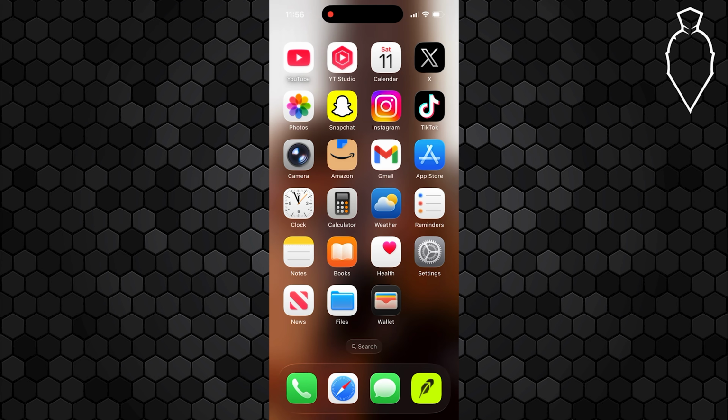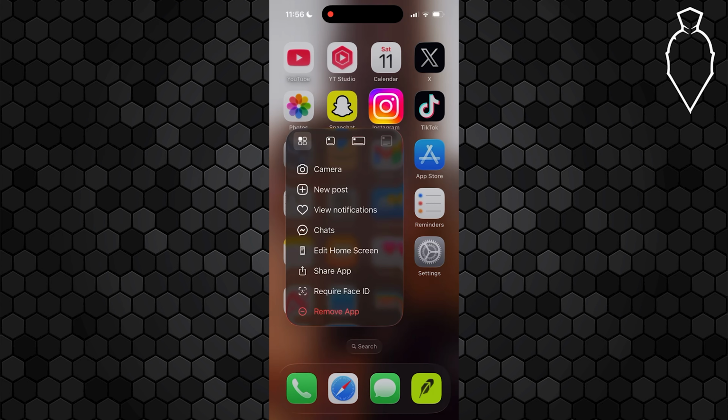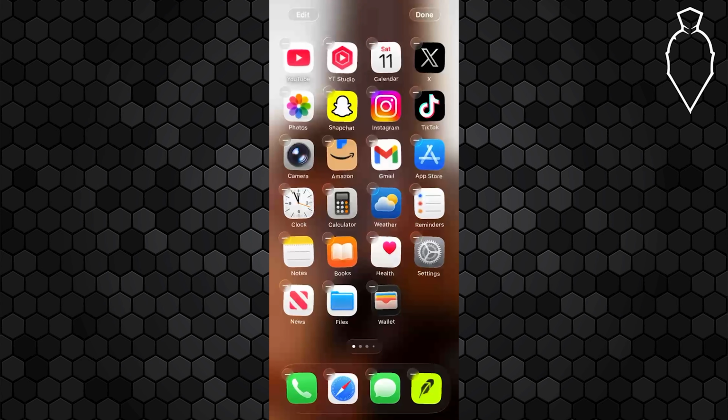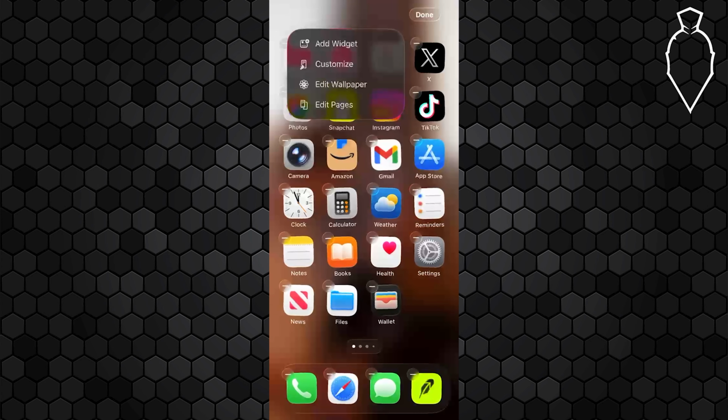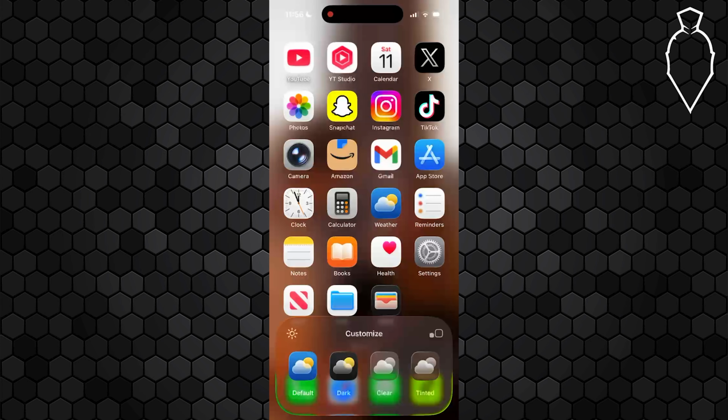First things first, go ahead and pick any app on your home screen and long press it. You're going to see a bunch of different options appear. Some are going to be specific to that app, but the one that you're trying to select is this edit home screen section, just like so, and it's going to make all of your apps start jiggling. Go ahead and tap edit up in the top left, and you're going to want to select customize just like